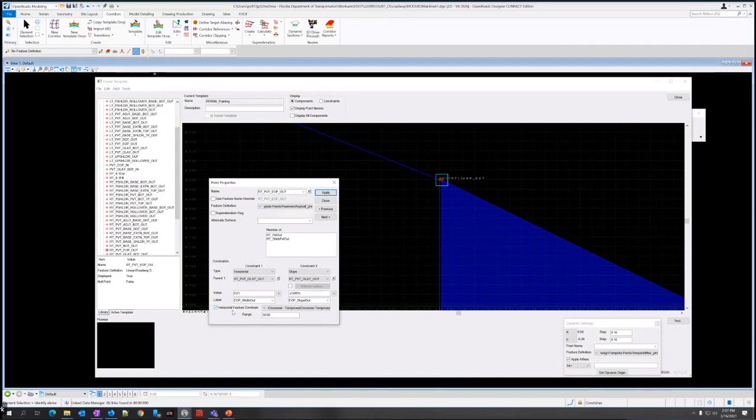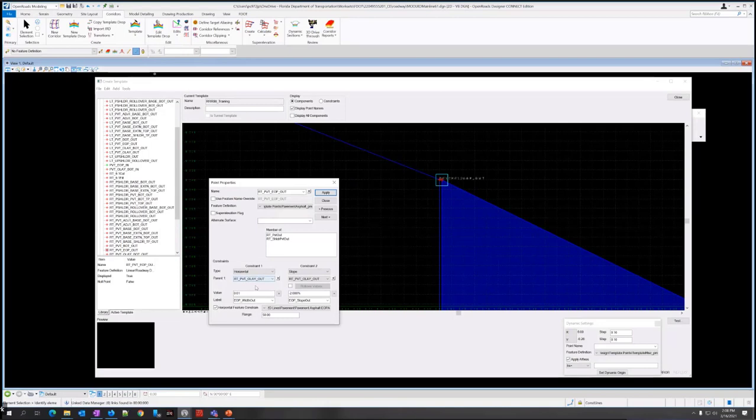So I'm going to do horizontal feature constraint. This should be pavement asphalt EOPA. Most of the horizontal feature constraints are in the plan profile 2D lines because you're constraining it to a 2D feature.